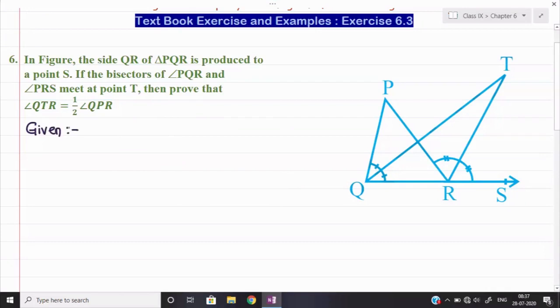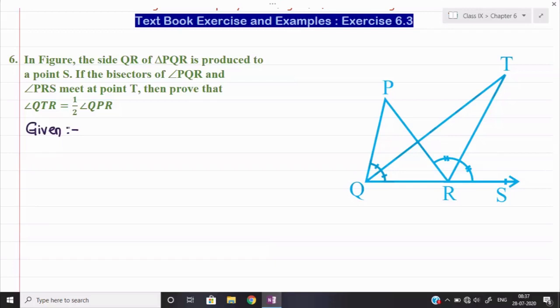See, in the question it is given that side QR of triangle PQR. Look at the triangle PQR. Now here the things will confuse you when you are looking at two triangles at the same time. You have to look at one triangle at one time. For example, if you are looking at triangle PQR, then look at triangle PQR. Don't look at the triangle QTR. And in the same way, when you look at the triangle QTR, don't look at the PQR. So here you see side QR of triangle PQR is produced to the point S,